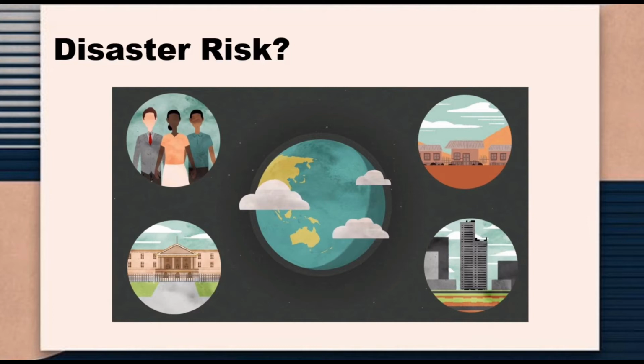So what is disaster risk? Well, let's first define the risk. Risk in general is defined as the combination of the probability of an event to occur and its negative consequence. And also risk is the probability of harmful consequences or expected loss of lives, people injured, livelihoods, and even